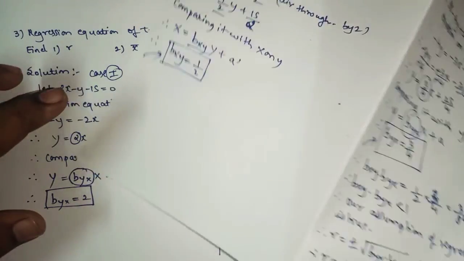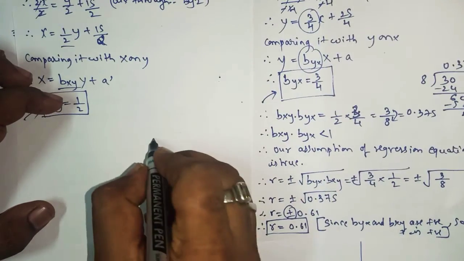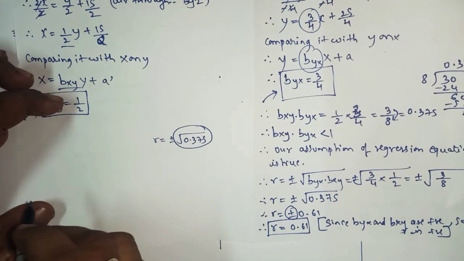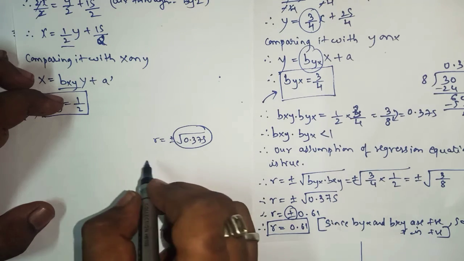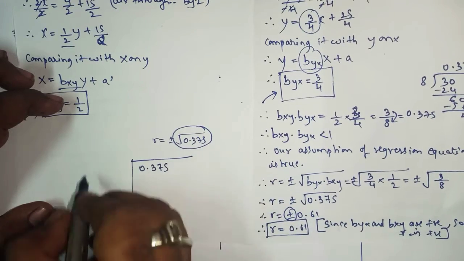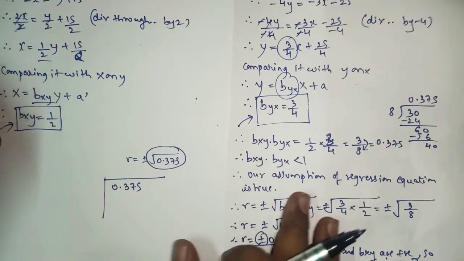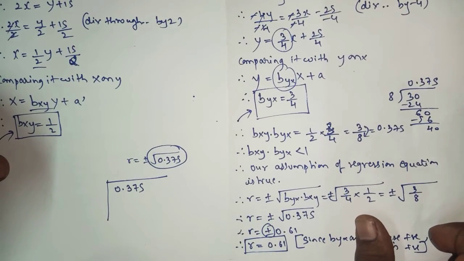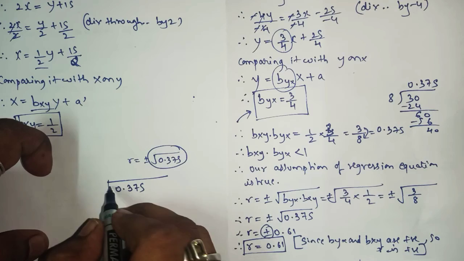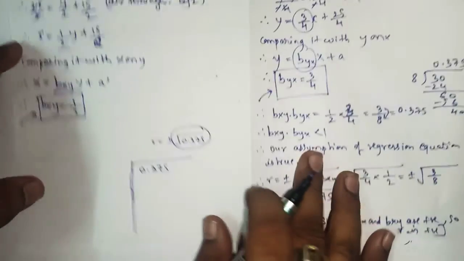Now suppose in case the value is not given, that the square root of 0.375 is 0.61, so that time what will you do? If the value is not given and you have to find the value of r, that is the square root of 0.375, as we know that this is an imperfect square, there is only one way to find the answer, that is by using the square root division method. I hope you all might be knowing the square root division method, as it was there in your lower standard. Whenever you have to find the square root of any imperfect square, you have to apply this method.